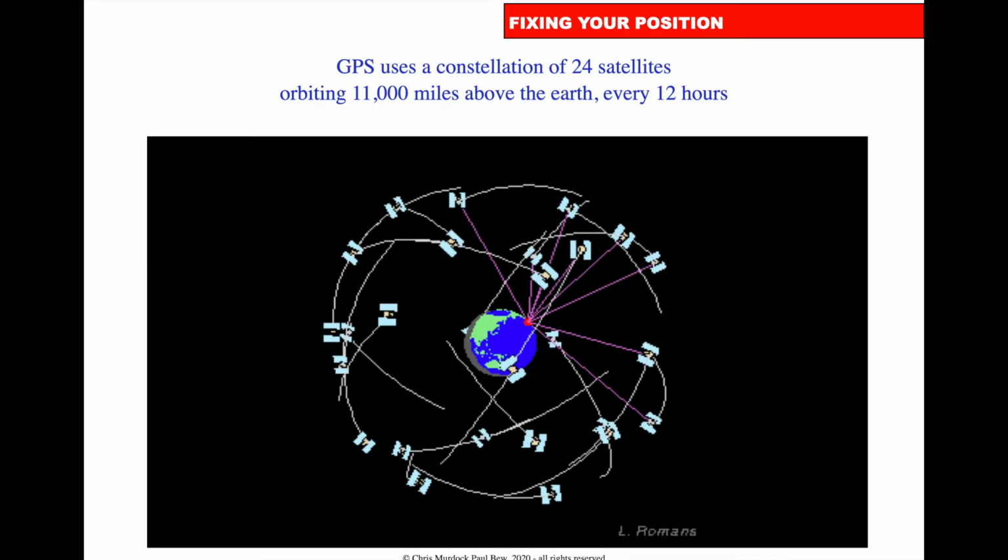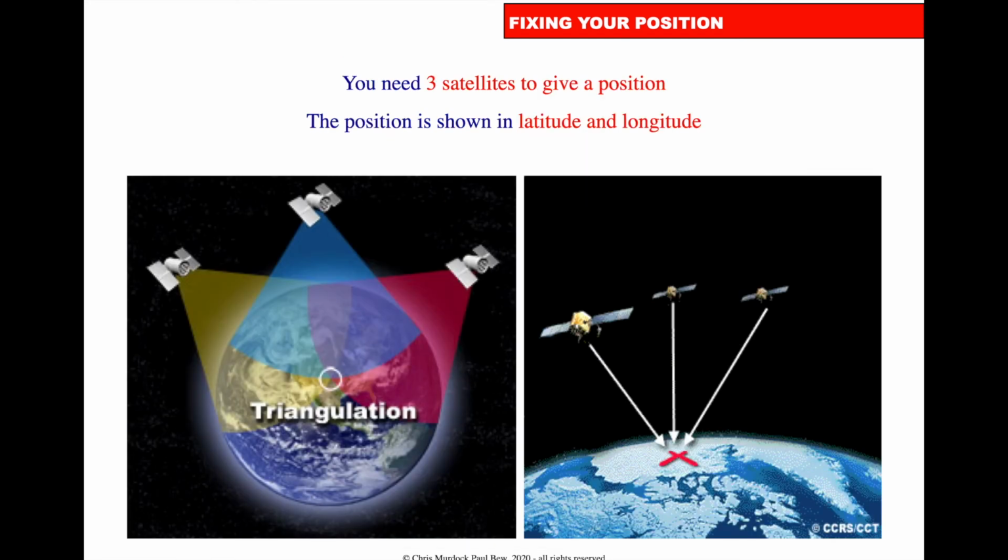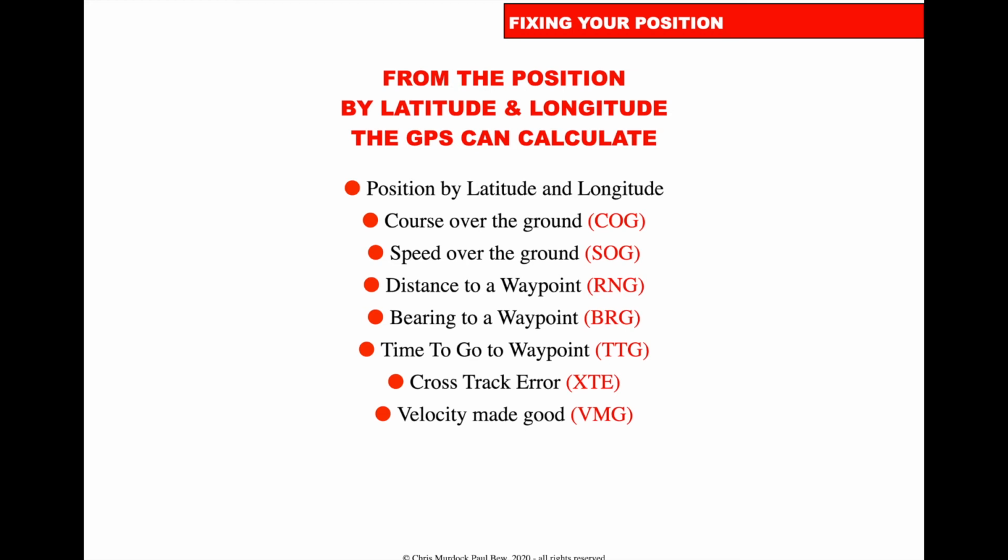GPS uses a constellation of 24 satellites orbiting 11,000 miles above the Earth. So to get a fix, we'll need 3 satellites to give a position, and the position is shown in latitude and longitude. So latitude and longitude we've explained in our earlier city sailing tutorials. So from the position, we'll get latitude and longitude, and from this the GPS can calculate